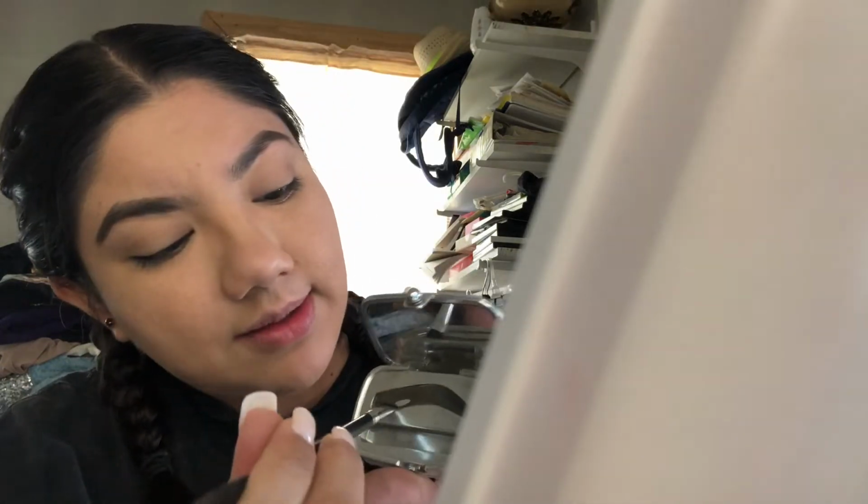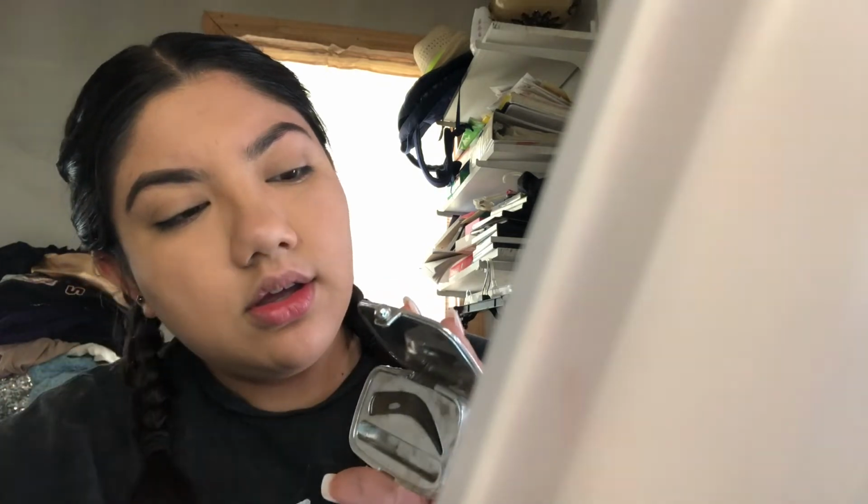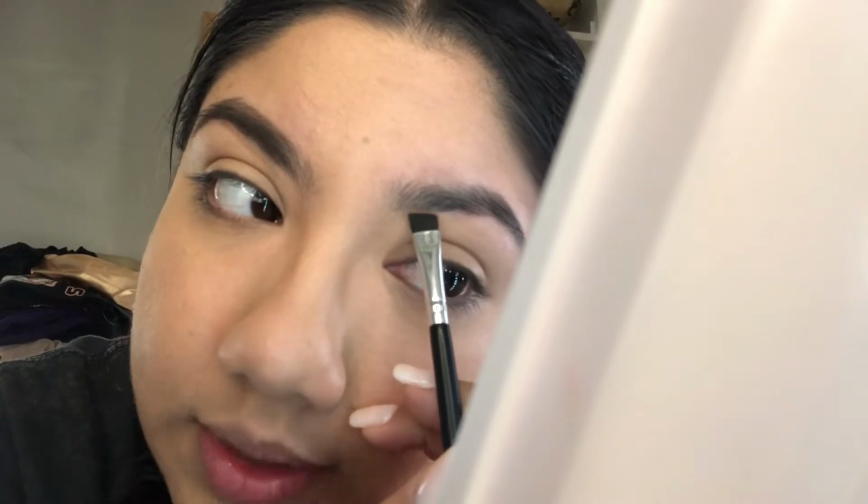I'm going to do the same thing to the other brow. Tap off that excess and start from the bottom with light strokes. Okay, once we got that nice and done, I'm going to take off a little bit of that product and I'm going to turn the brush like that, and I'm going to fluff up on the inner part of the brow